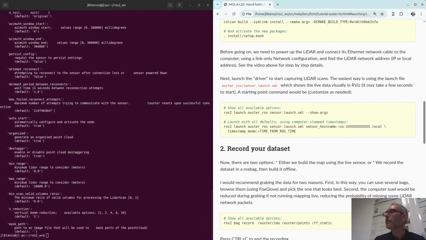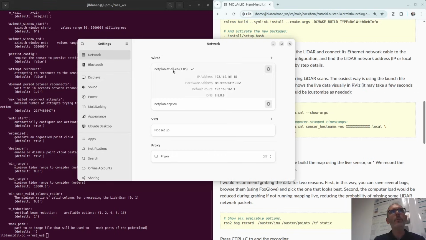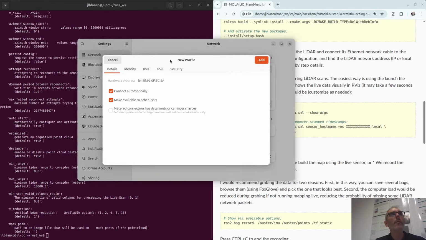So let's create a different connection profile for this sensor. For that, go into the network configuration of Ubuntu. It should look like this or similar depending on your Ubuntu version. Then you should have here whatever your default internet connection, and let's create a new one, a new wired connection.